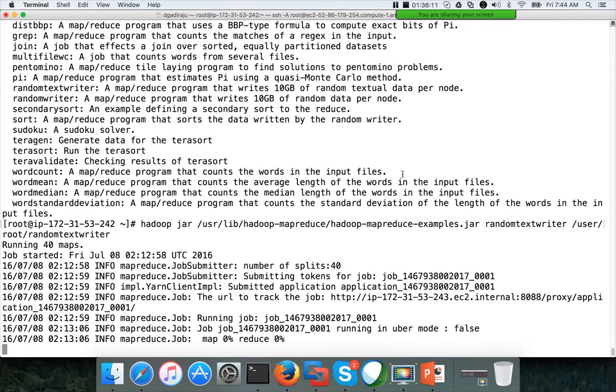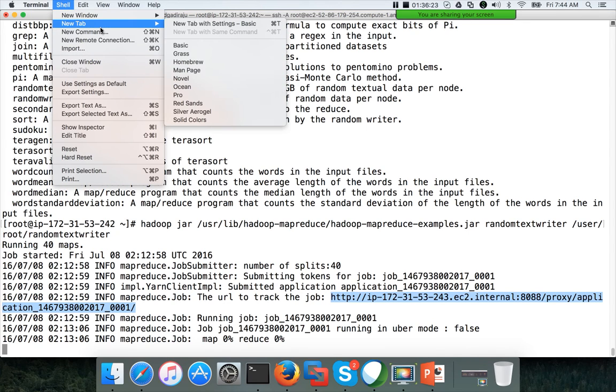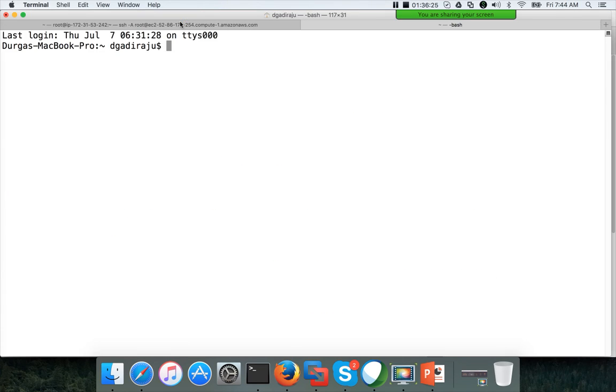Once you submit the job, it will create a URL. In this case, it is using a private IP, so I need to enable tunneling. Again, if you are using virtual machines, don't run this random text writer job which will generate 10 GB of data.